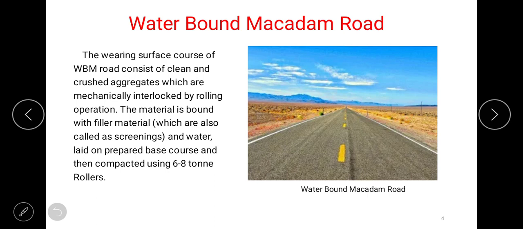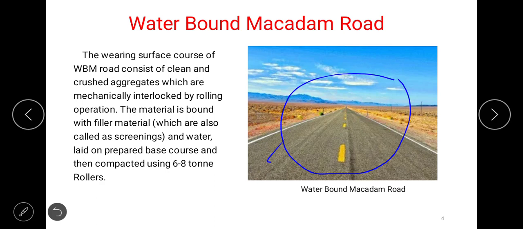Now, as per your syllabus, how waterbound macadam construction is carried out in the field. You can see the figure of waterbound macadam road. This is the waterbound macadam road. You can see clearly, right? The surface course of WBM road consists of clean and crushed aggregates which are mechanically interlocked.